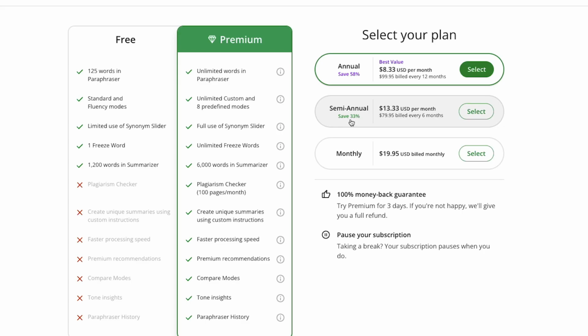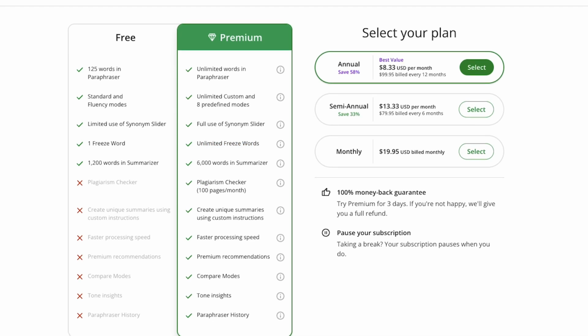If you're wondering how much premium costs, premium is $8.33 per month when you bill annually, and when you bill monthly it's $19.95. And you can see what you get inside of that plan. So you get unlimited words in paraphraser, unlimited custom and 8 predefined modes, full use of the synonym slider, unlimited phrase words, and you also get the plagiarism checker and a couple of more features that are also